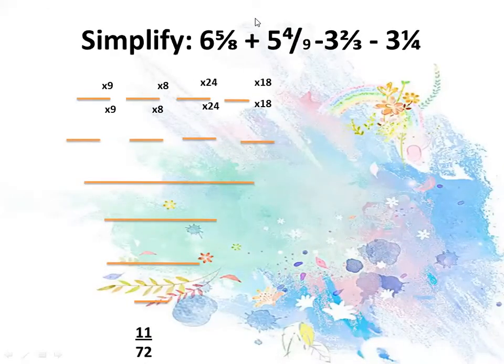Next you have another question: 6 whole 5 upon 8 plus 5 whole 4 upon 9 minus 3 whole 2 upon 3 minus 3 whole 1 upon 4. Okay, here you have to add as well as subtract. So what you will do in the first step,